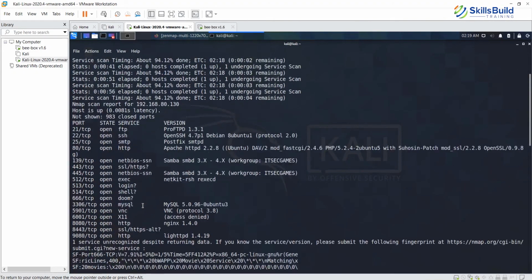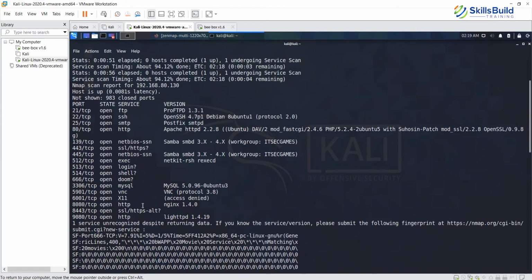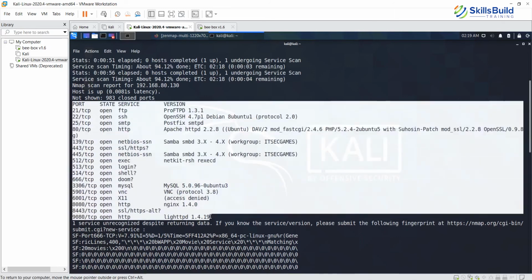Now this is where it makes a difference, as running a command is not the main thing, but what do you do when you get this kind of output? Now, if I am a hacker, I know if this system is running ProFTPD 1.3.1.